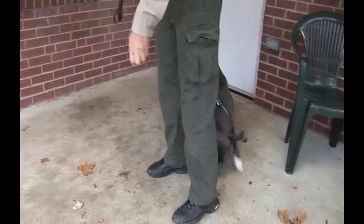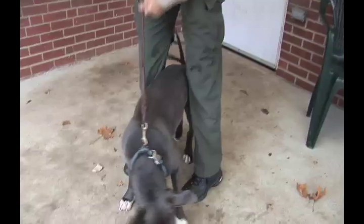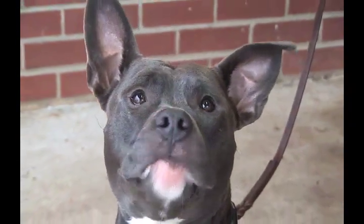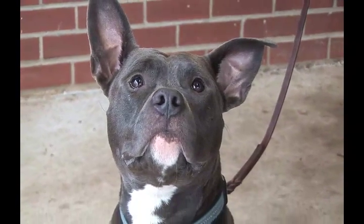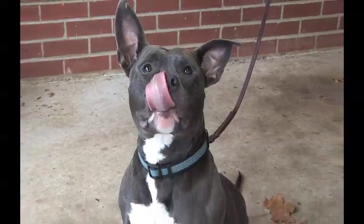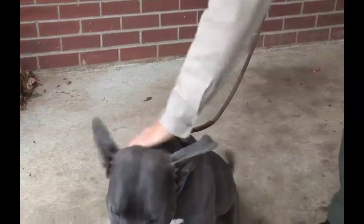Hank, come here. Buddy. Oh yeah, there's cookies down there. You found them. He's a beautiful silver gray color with the white markings. Big classic head and muscular body. Real handsome dog. Good boy. That was a nice